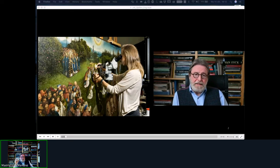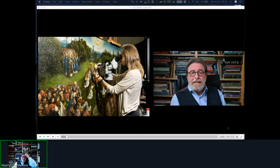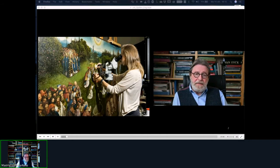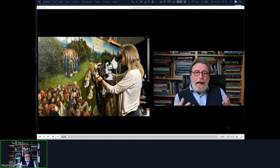making this exhibition. Well, actually, it all started during the conservation, the first phase of the conservation of the Ghent altarpiece, the conservation treatment of the outside wings of the altarpiece that started in 2012 and ended in 2016. During the treatment, a lot of overpaint was removed, and